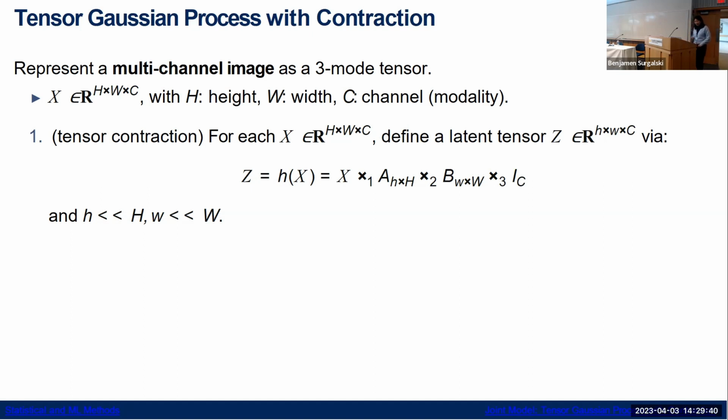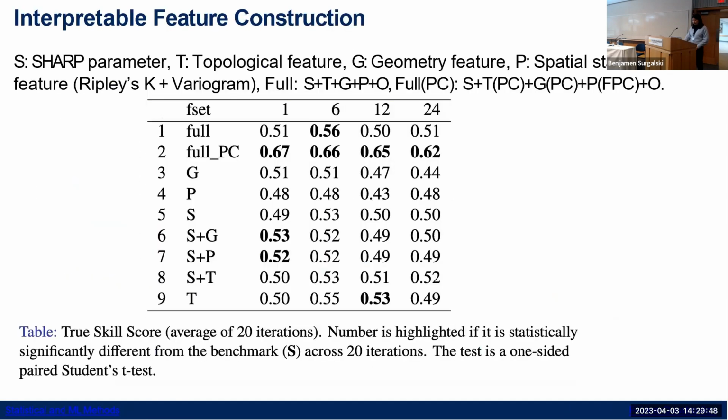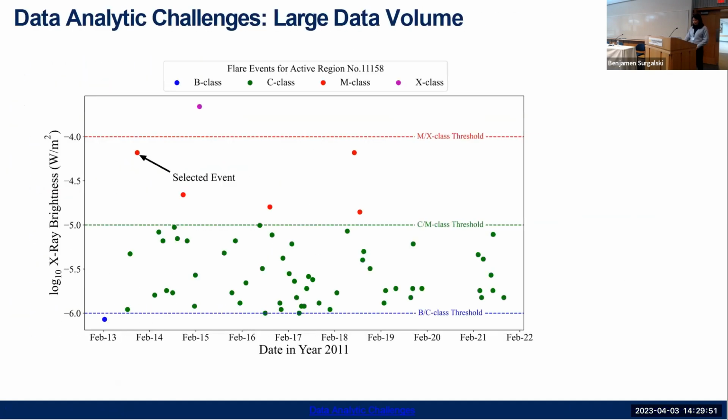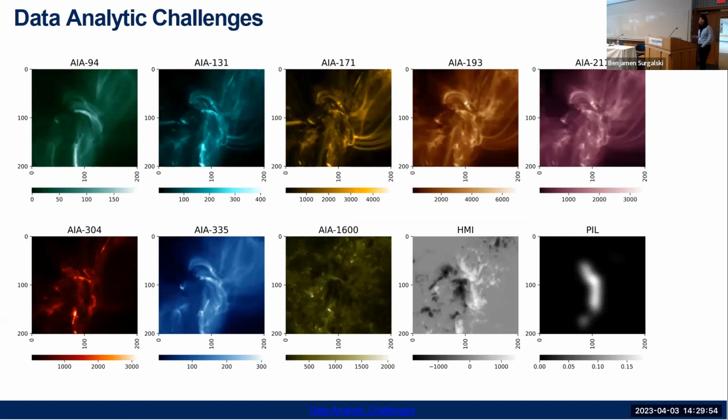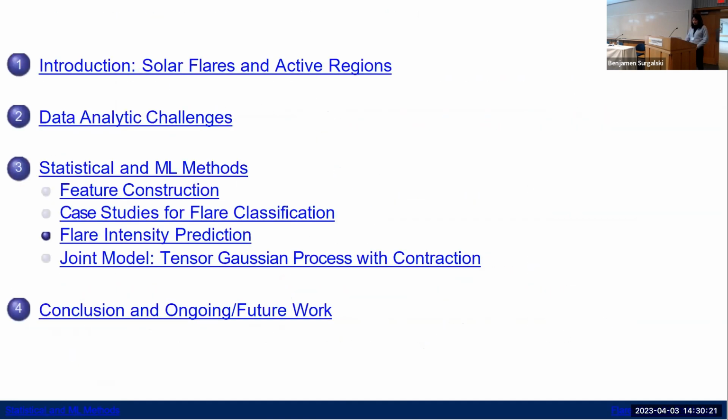So we were representing this multi-channel image with a 3-mode tensor. Remember that we have those high-dimensional images as our predictors. So these are all of our predictors, and we're representing these images in a 3-mode tensor. The first 2 dimensions are the image dimensions, representing the horizontal and the vertical coordinates. And then the third mode represents each of those channels. Those include the magnetic field information, but also the temperature map information. So that's how we're representing our raw data.